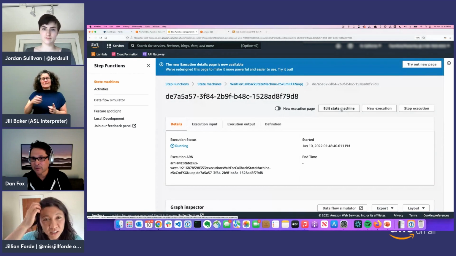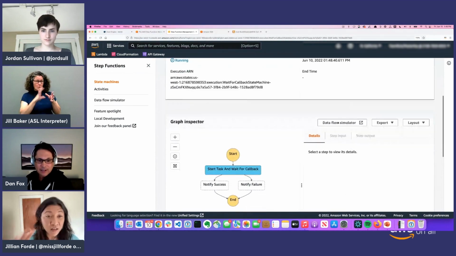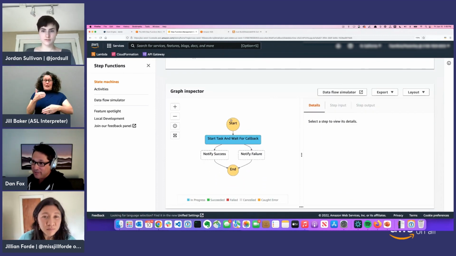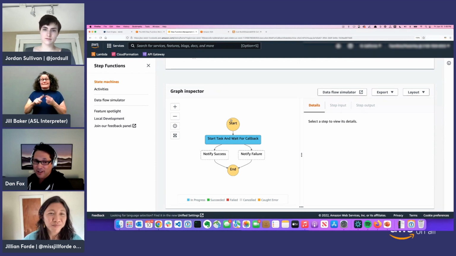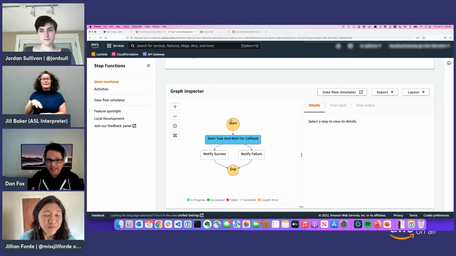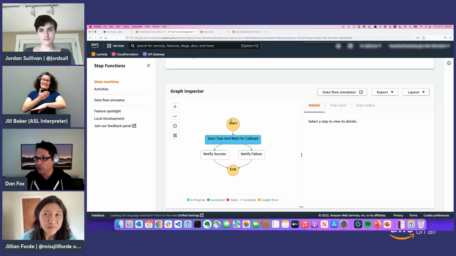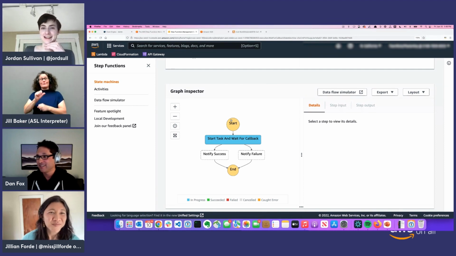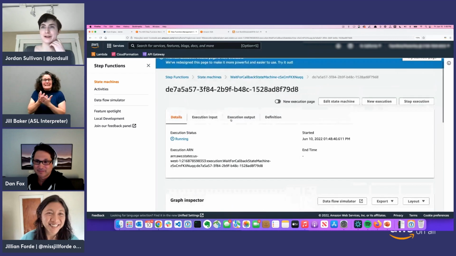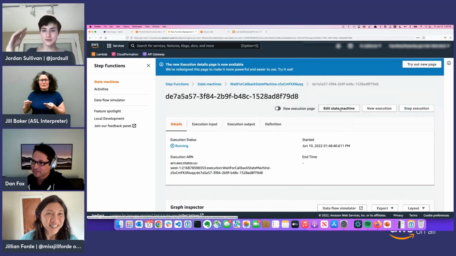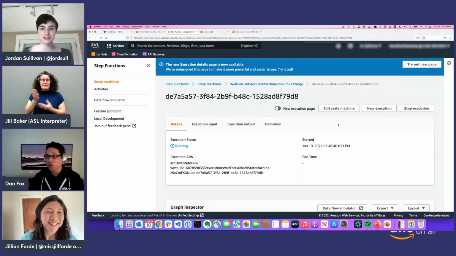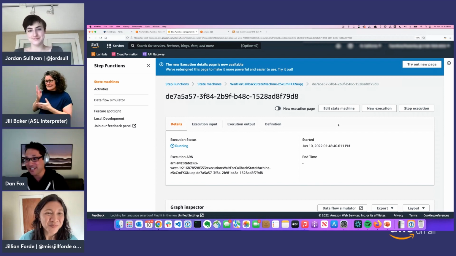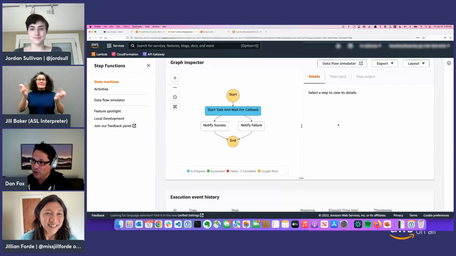Dan, you mentioned blue states. So there, it's color coordinated, the states in the UI? Yeah, absolutely. This graph inspector actually shows you the progression of the specific execution of the workflow. So as the state machine advances, you'll see that this graph inspector will change different colors. So you can actually visually watch the progression of your workflow. I love stuff like that. I feel like it's so lacking in so many orchestration services where you just have to be reading a JSON file or something. Yeah, you're looking at logs, and we do have logs if you want those. And some people, obviously those are necessary, but to visually understand where you are in the workflow immediately is really nice.